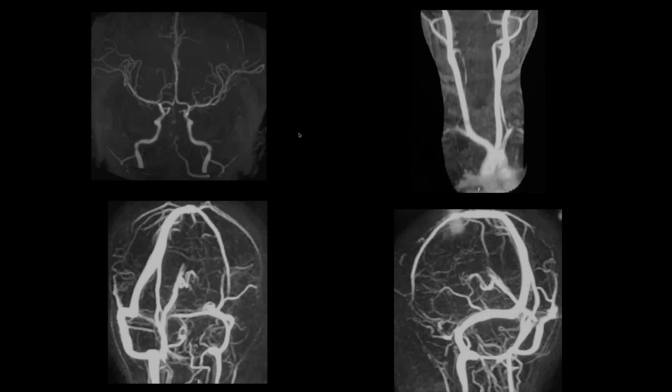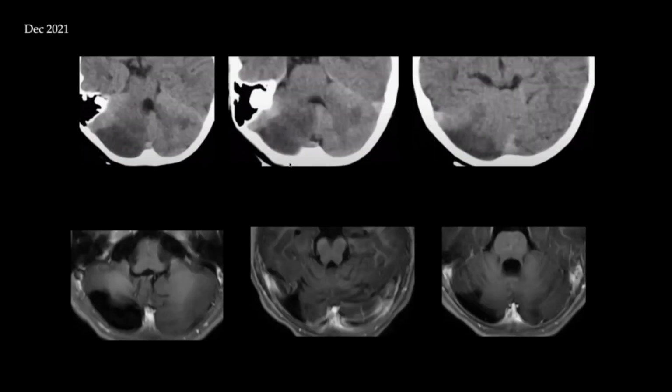The venogram demonstrated normal appearance. And this is the follow-up scan. As you can see, there is gliosis and encephalomalacia involving the regions which were initially involved in the scan in September, and